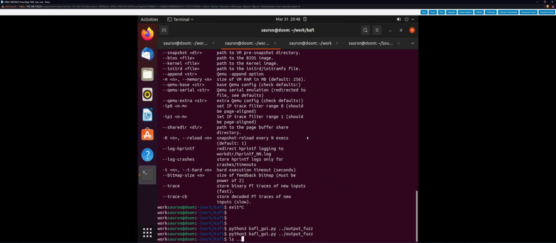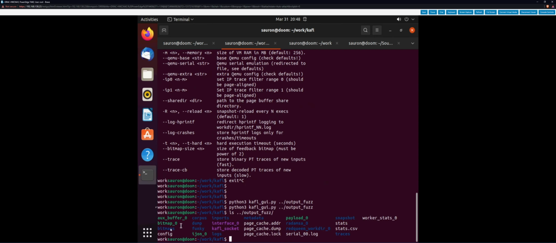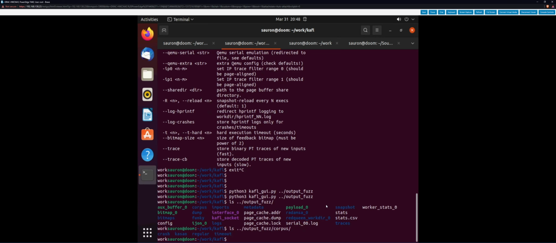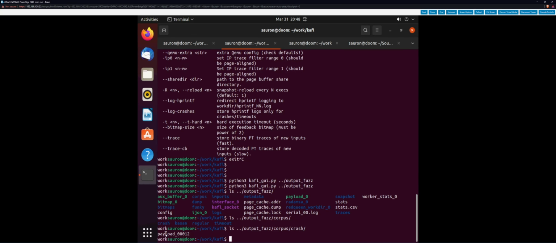If I look into the output, there are different folders. One of them is corpus. Yes, under corpus, you have crash. And in crash, you have the input that caused the crash. So if I dump that,